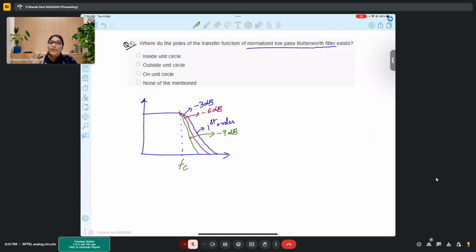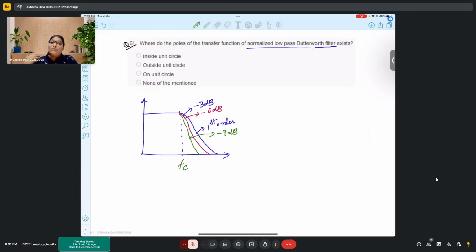Now, if you want to retain the gain at the cutoff frequency, and you don't want to deteriorate it, and you want the maximum deterioration to be minus 3 dB,